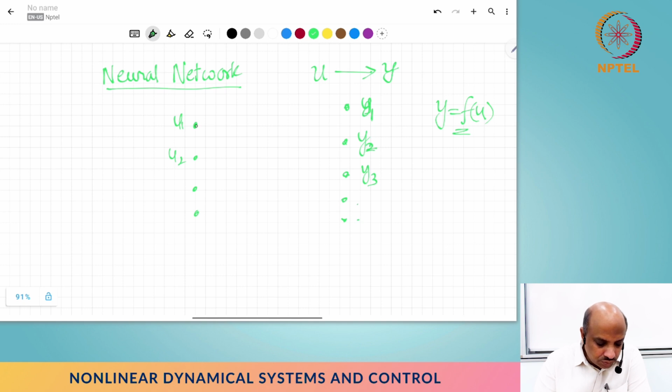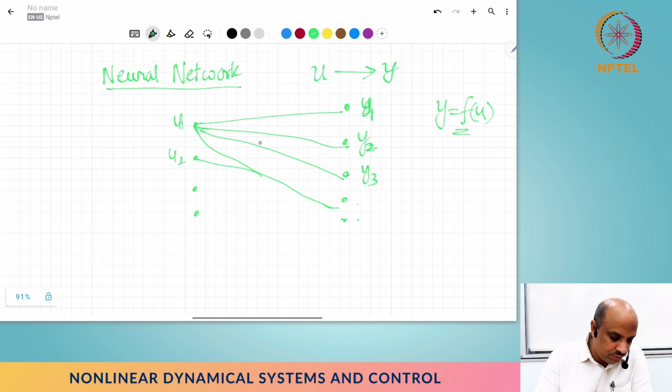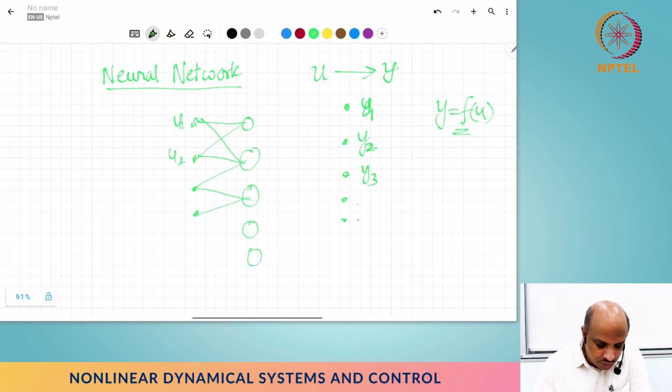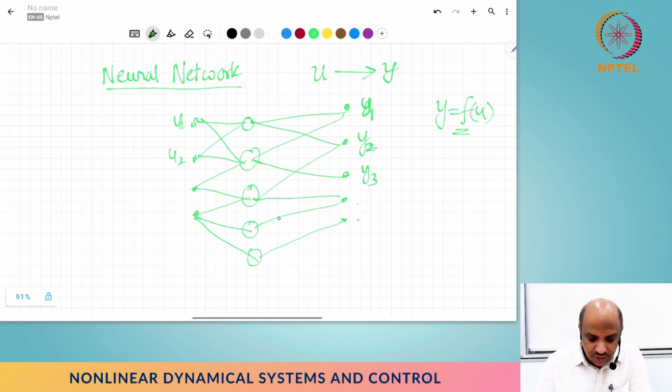I'm going to connect. Let me put some intermediate nodes here. Let's say I'm going to connect each one of these nodes to these intermediate nodes, and then these are connected further to every one of these things. Don't worry too much about what they mean. I'll explain in a second. So every time you see a line connecting